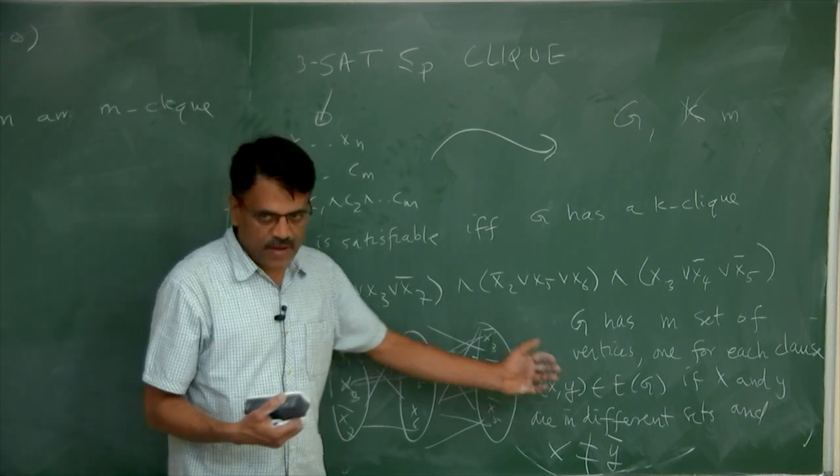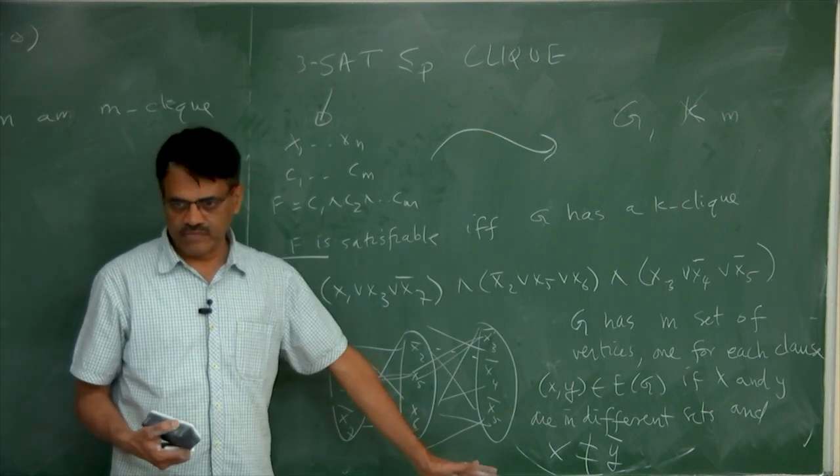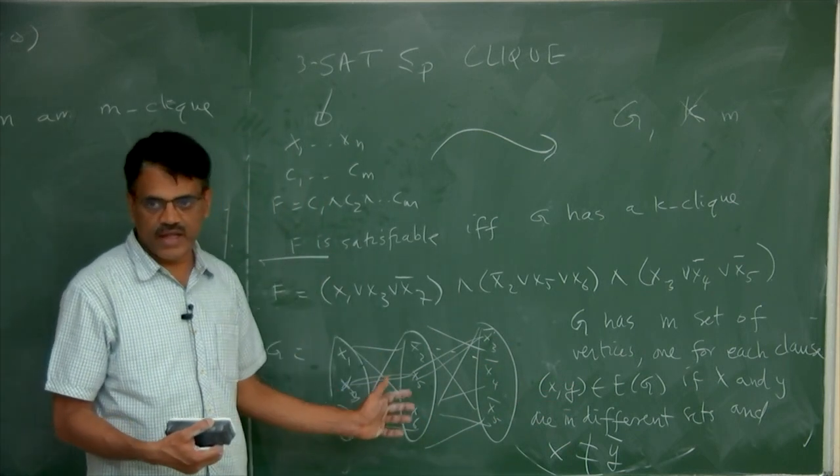So, because of my construction, they will form an m-click, and conversely, if you have an m-click here,